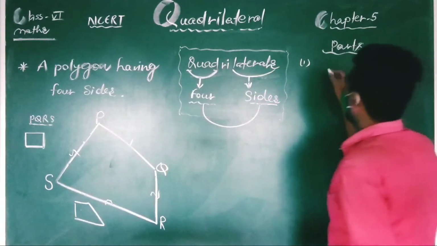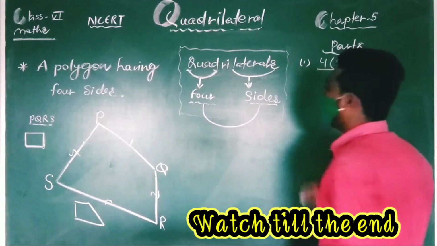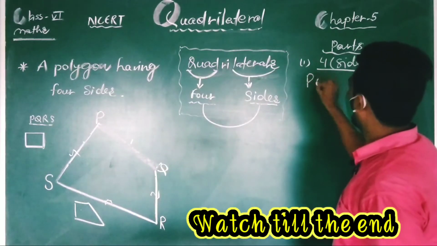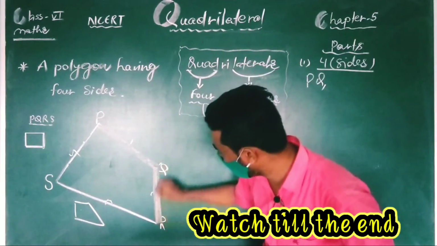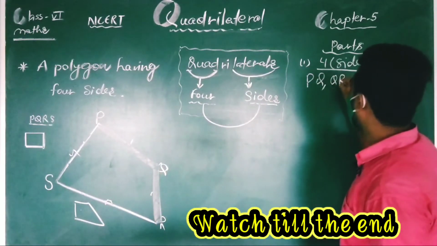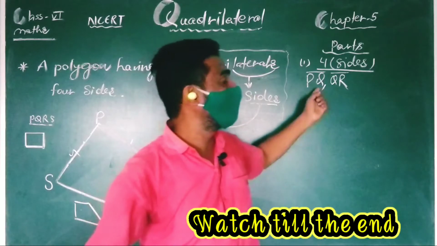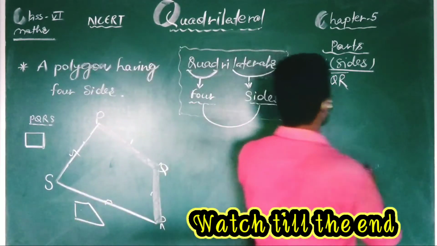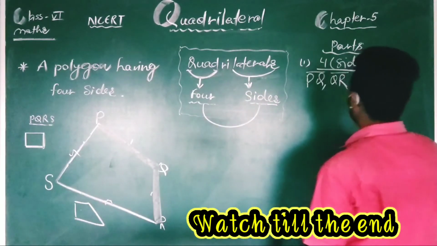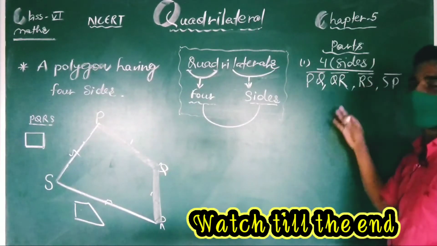So it has 4 sides. This is the first part, 4 sides. The name of the first side is PQ, thereafter QR. We have to move in a systematic manner. If you want to put the bar symbol, you can; if you don't want to, you need not, but the correct manner of writing is with it. So this is PQ, QR, thereafter RS, the third side, and the fourth side is SP. These are the 4 sides and their names.